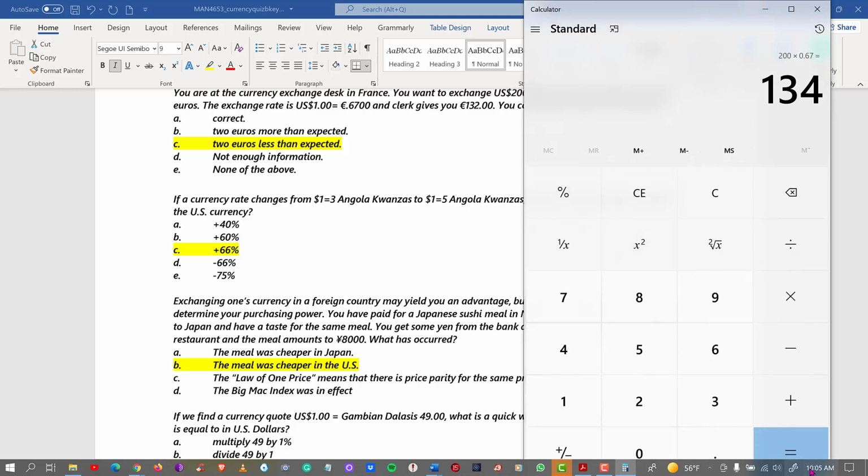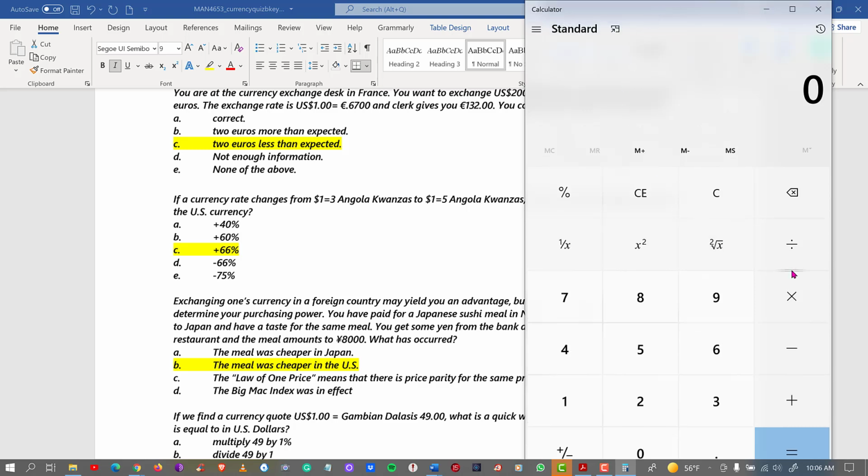For the next one, this is something that you may be familiar with from high school or wherever you learned it, the whole percentage question. For example, if you have a $20 shirt and there is a sale, it goes down to $16, what percentage discount is that? So the way to figure that out is